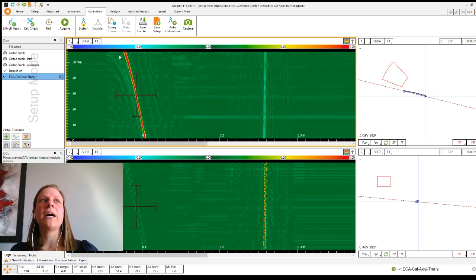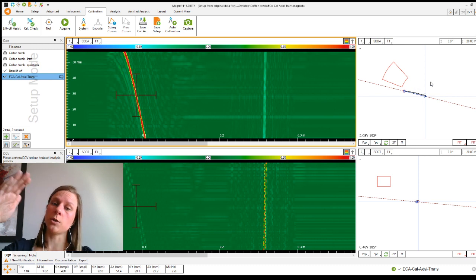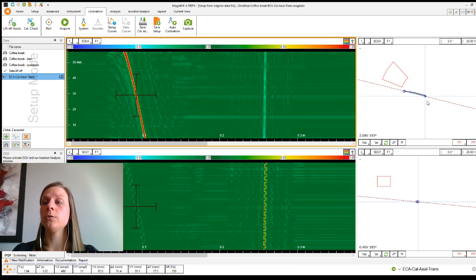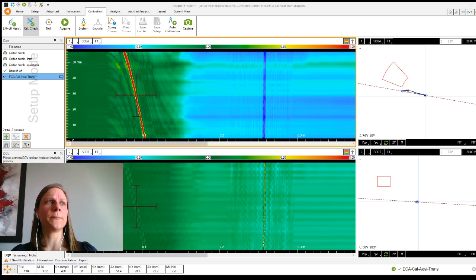Okay, so I have now calibrated the notch. You see that the color in the C-scan changed. It's more red than it was. If you also look in the impedance plane, the phase changed. So we rotated the signal to have the liftoff at the horizontal. So if I go back in the cal check,